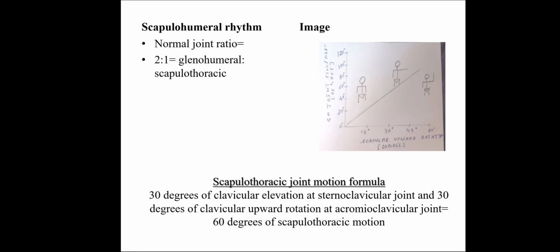There is something called the conoid part of the coracoclavicular ligament, which is attached from the scapula to the inferior surface of the clavicle. When your scapula rotates upwardly, the clavicle has to lift upward and upwardly rotate in order to cause smooth movement. That is a part of your scapulohumeral rhythm. Now we'll look into how this happens.